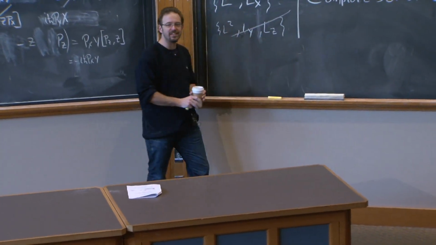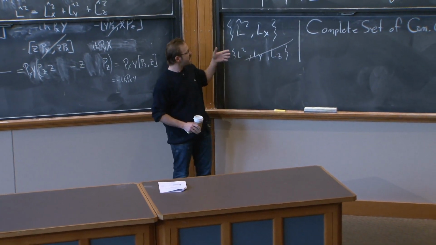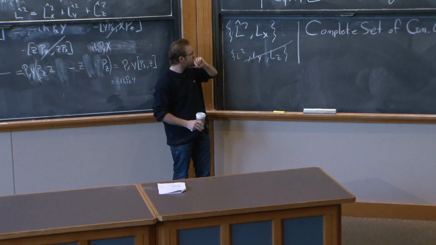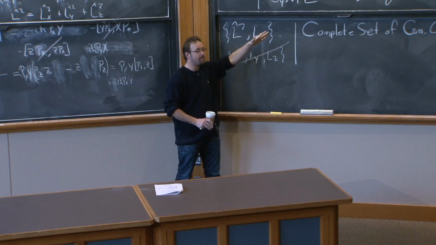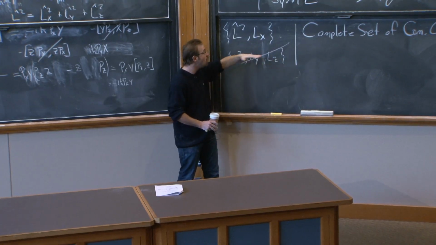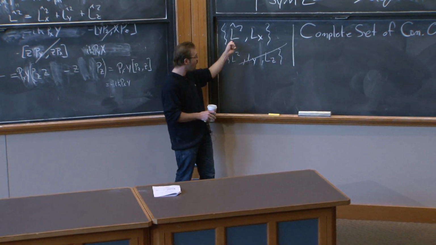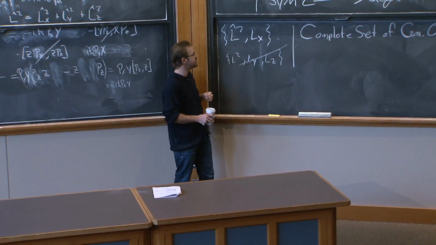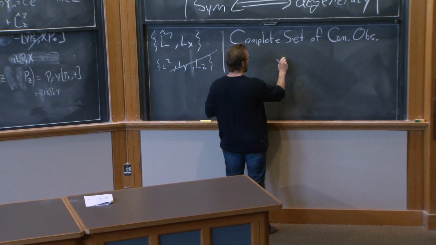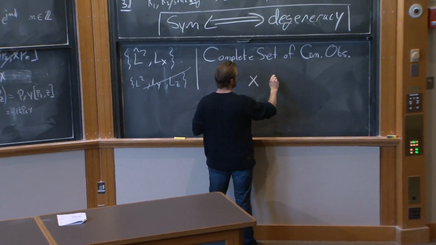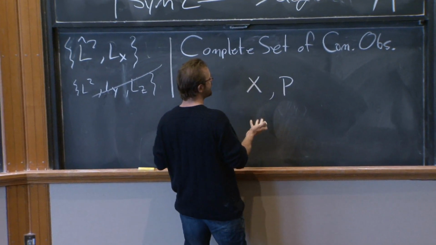In quantum mechanics, we ask a slightly different question. In order to specify the state of a system, we want to specify which state it is. You can specify that by saying which superposition in a particular basis. So you pick a basis, and you specify which particular superposition. What are the eigenvalues of the operators you've diagonalized in that basis? Another way to phrase this: for a simple 1D problem, we have x and we have p. What is a complete set of commuting operators?